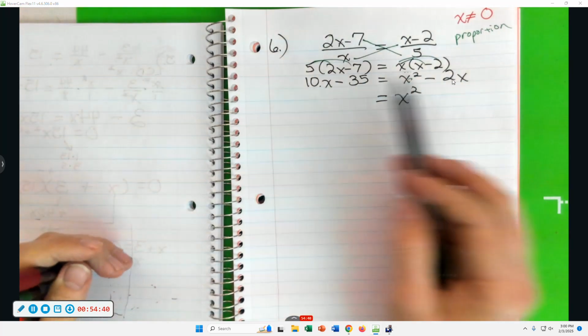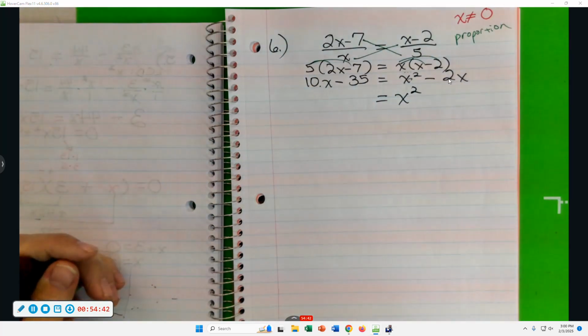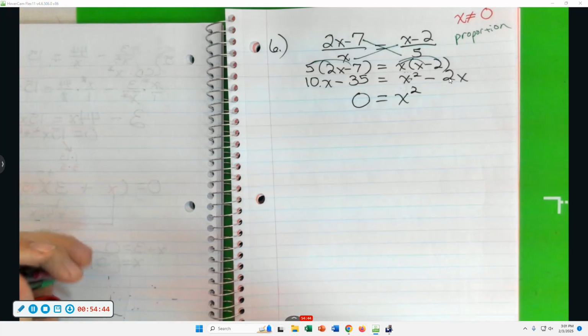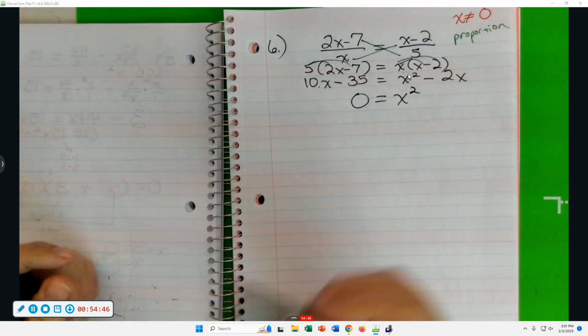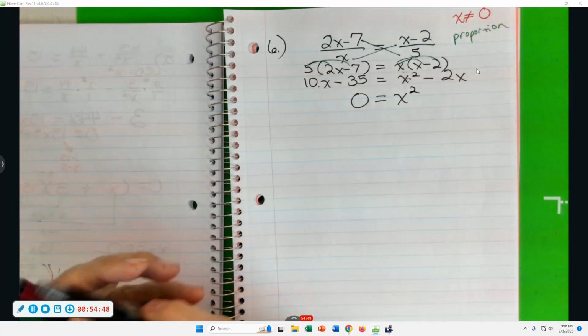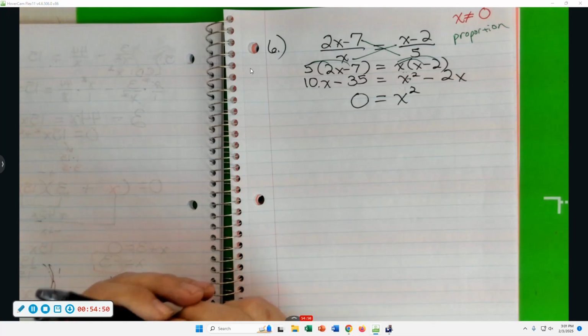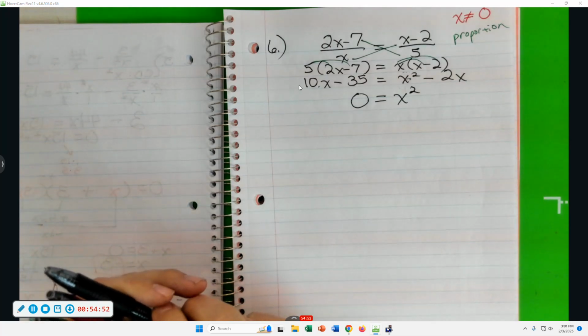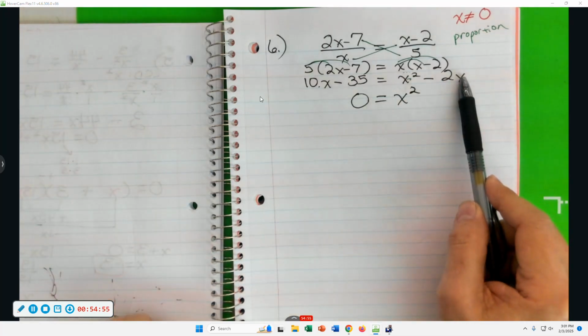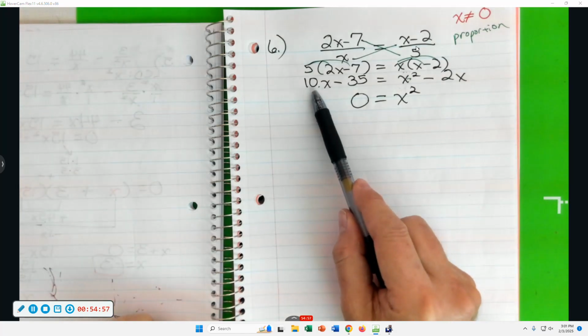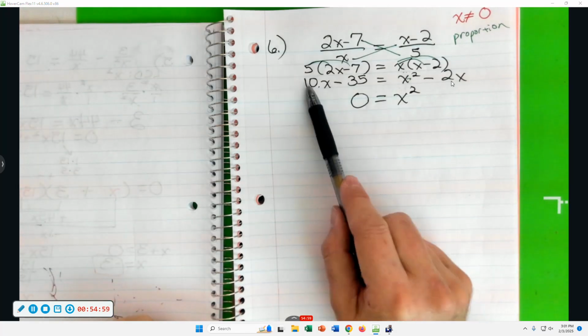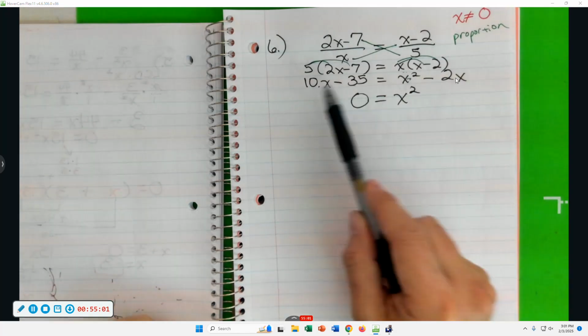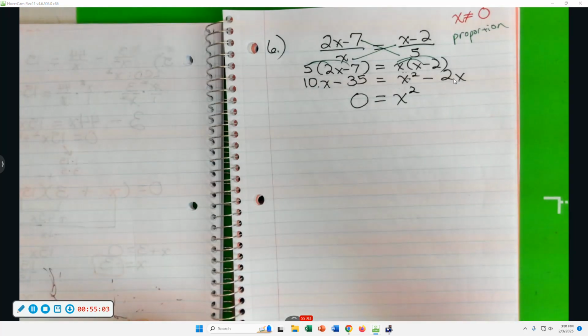Let's move that 10x over to the other side. What are we going to get? We want a 0 on the left side. What are we going to do to get that 10x over on the other side? You have a negative 2x, and what are you going to do? Minus 10x. So the negative 2 minus 10 gives me a